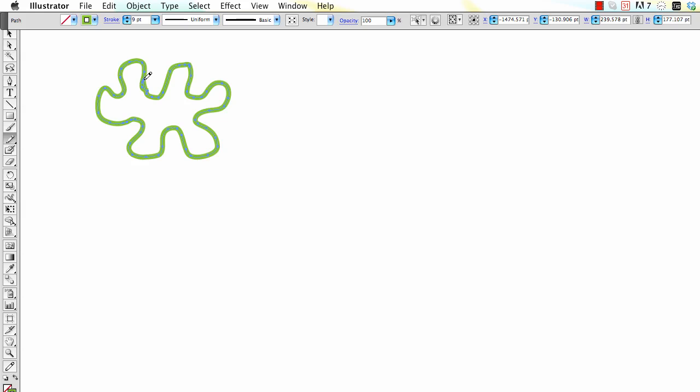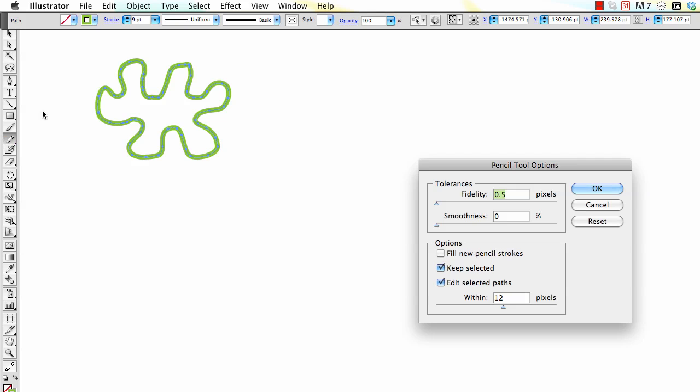So for example, here's a blobby shape, and you can close off the shape just by drawing over the beginning and the end of the line. Now if you double click on the pencil tool in the toolbar, just like that, you'll get the pencil